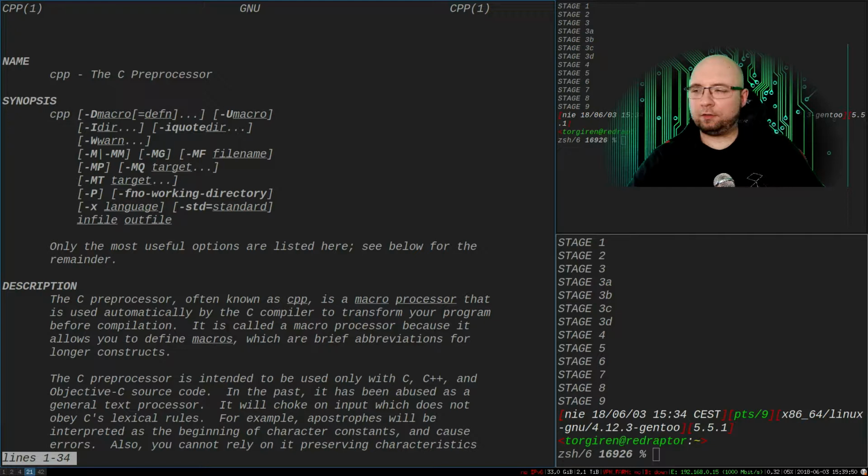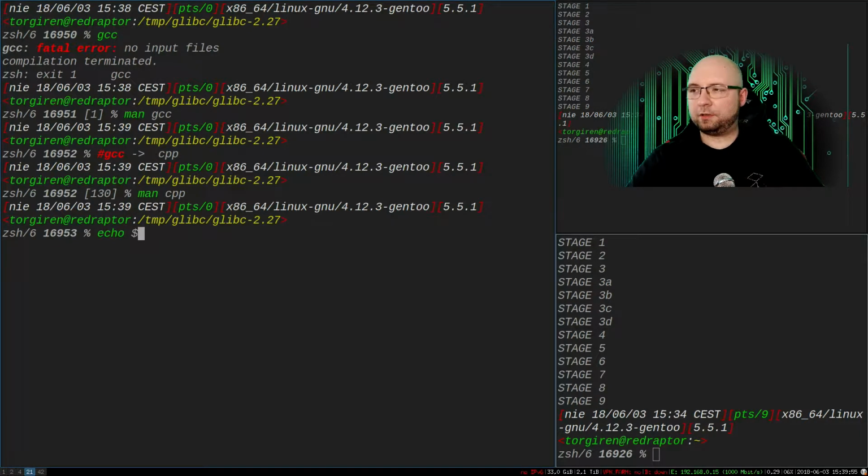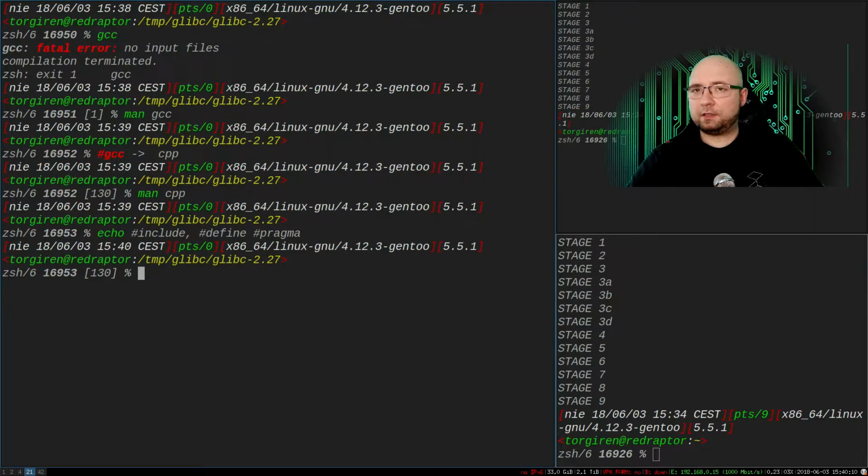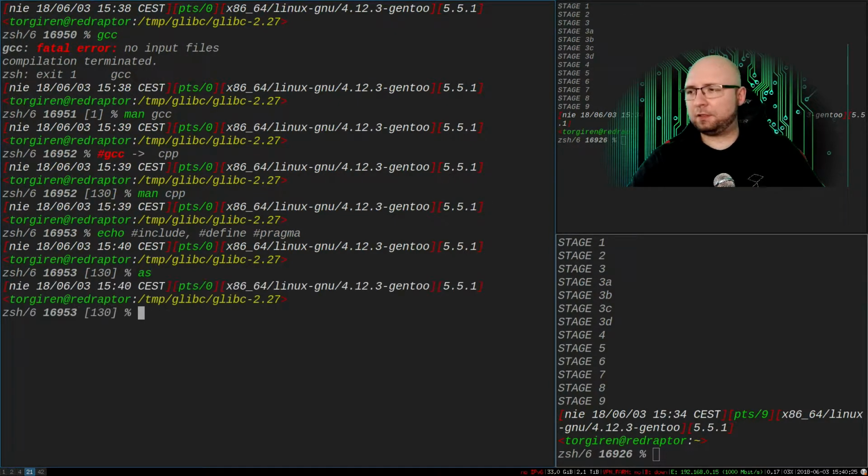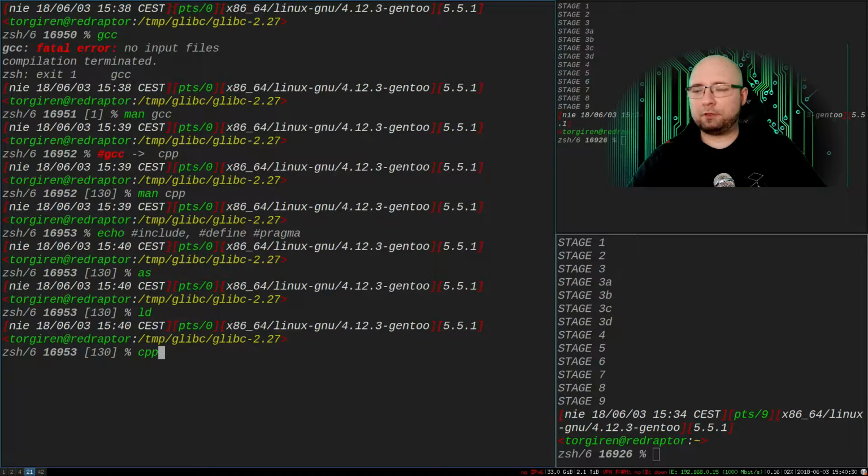Preprocessor operates on preprocessor directives such as include, define, pragma, and so on. Next is CC, which is the C compiler. There is also AS, which is the GNU assembler, and LD, which is the linker. But our trick will use CPP,